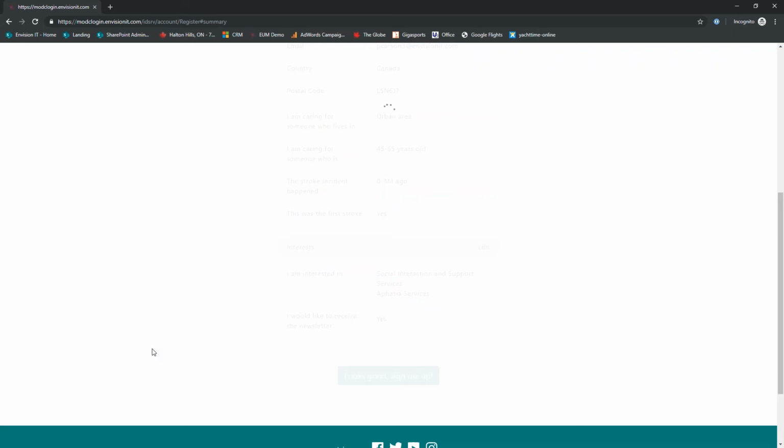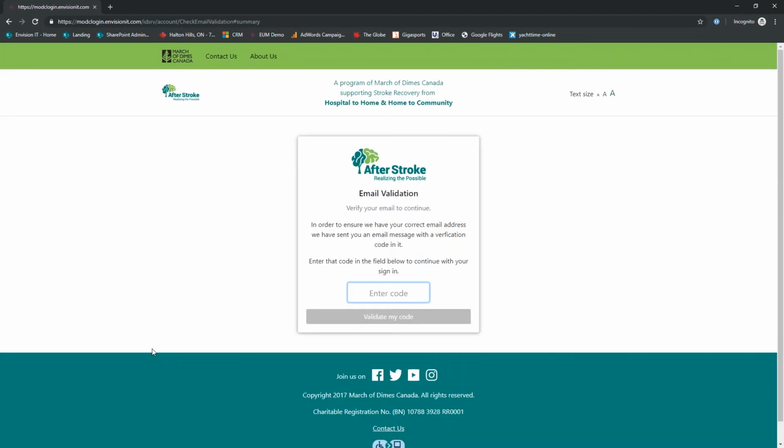Now what's going to happen here, remember I put in my own email address. The site at this point doesn't know whether I actually own that email address or not. So what it needs to do is to do an email validation step. We've sent an email across and we need the user to enter the code from that email. We don't want to abandon the session that they're in. They're already going through that login process. So what they need to do